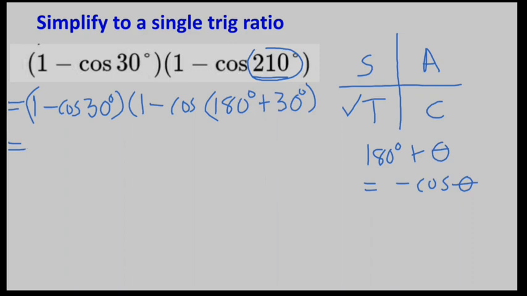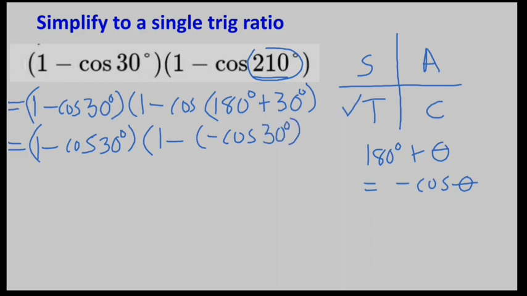In my next line, I now know this is the same as 1 minus cos of 30 degrees times 1 minus. Now the cos of 180 plus 30 degrees becomes negative cos 30. Okay? Negative and a negative will give me a positive there. So I now end up with 1 minus cos 30